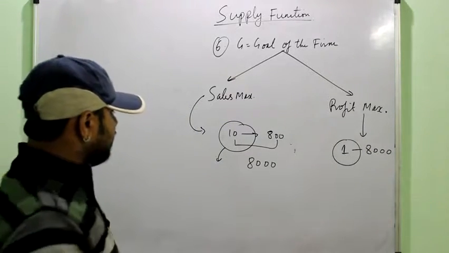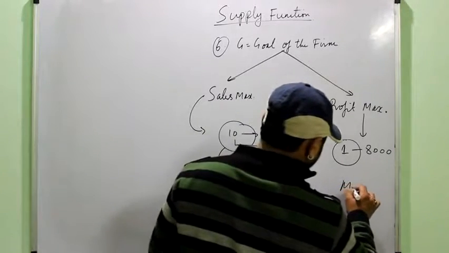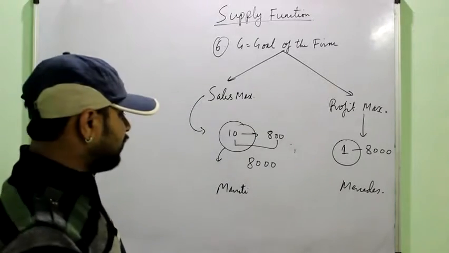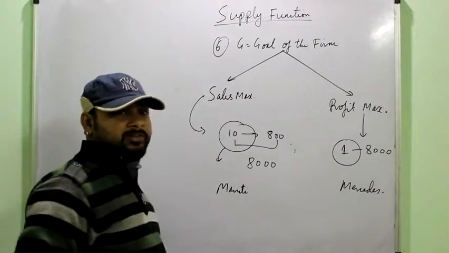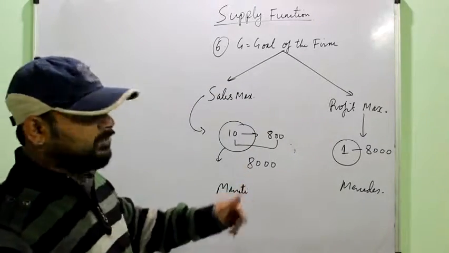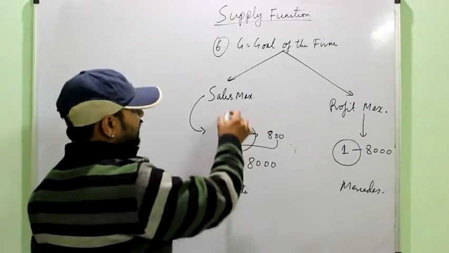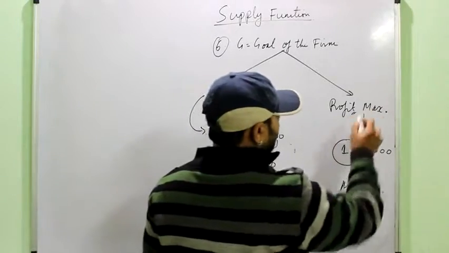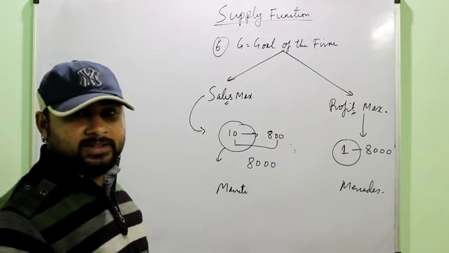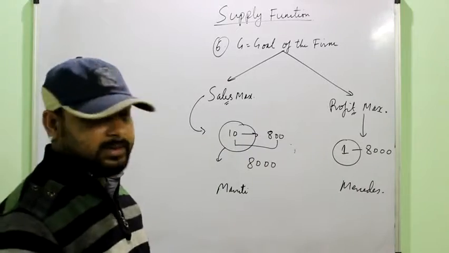You can also take the example of Maruti and Mercedes. Obviously Mercedes is sold less than Maruti cars. Maruti is selling more number of cars, while Mercedes is selling fewer cars. But still, Mercedes is a larger brand, a larger name than Maruti. So it means that whether you follow sales maximization or profit maximization, the profit can be maximized. There is no problem in following any goal. A firm may follow sales maximization or profit maximization.